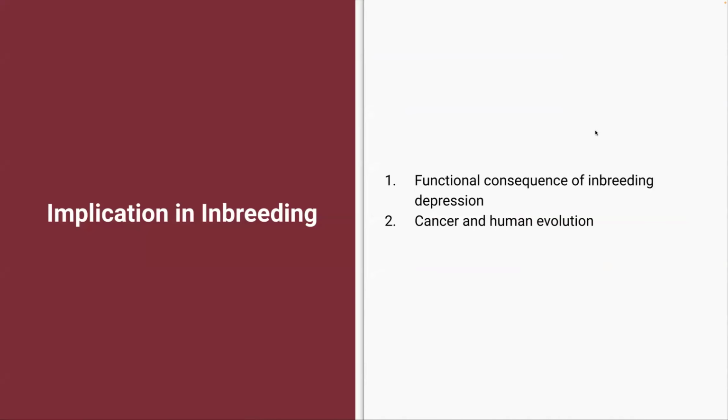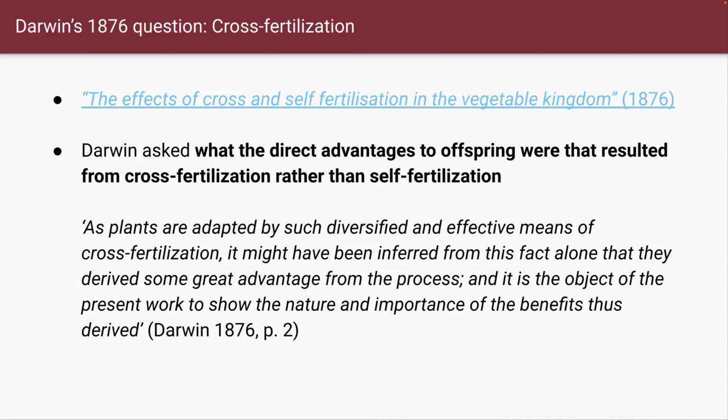So what is the implication we can think about the inbreeding? The first thing is the functional consequence of inbreeding. Charles Darwin's question in the 19th century was about cross-fertilization. He wanted to know the advantage of cross-fertilization versus self-fertilization. Self-fertilization basically means an inbreeding situation, and cross-fertilization is a less inbred situation than that, because it combines different genetic